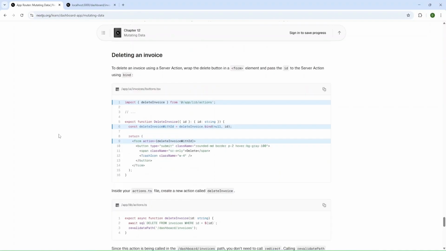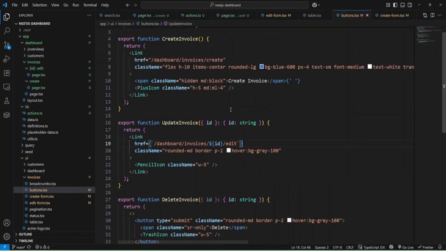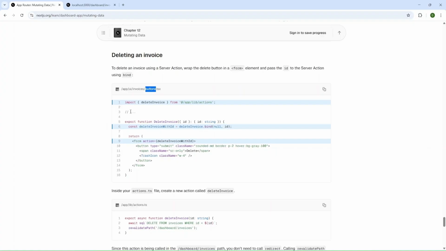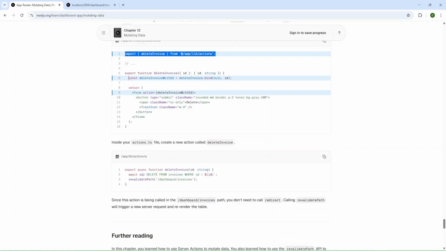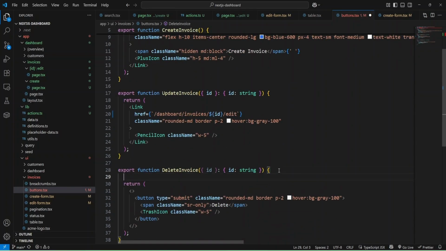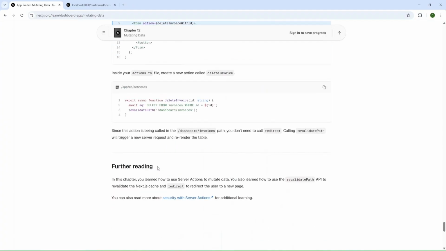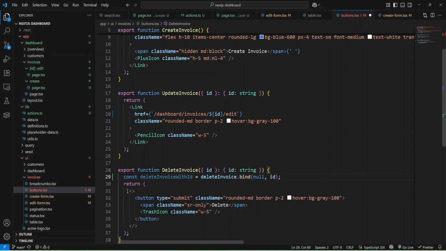And the next we have delete invoice. And inside buttons, let me find the buttons. Okay, and I can import delete invoice. Okay, here, and also paste it here inside delete invoice, and also update form by adding action.